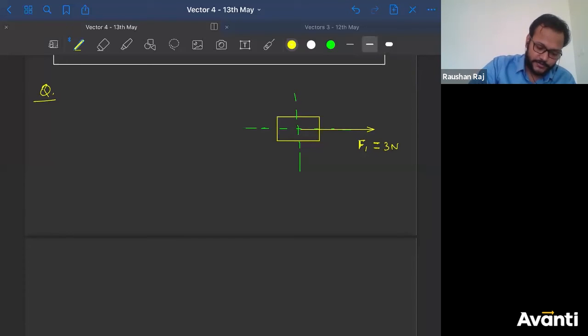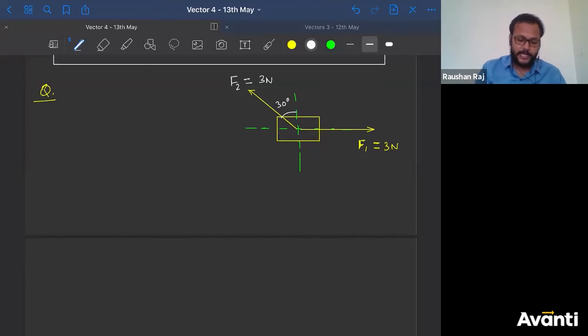And there is one more force which is acting at an angle of 30 degree with the vertical, and let's say this is force F2 and the magnitude of this is also 3 Newton. Okay, question is,